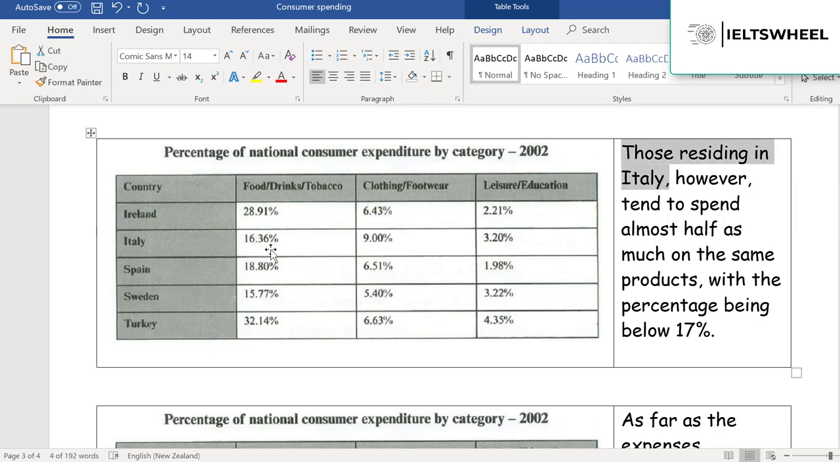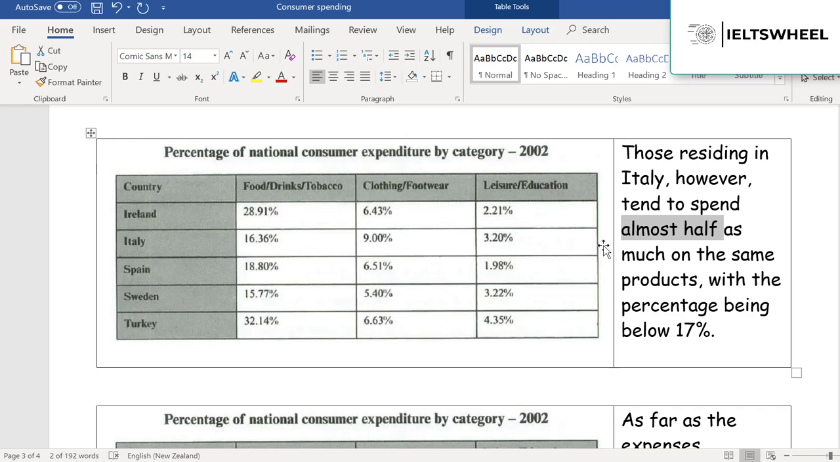So here, Italy, we have 16.36%, which is much lower than the percentage for Ireland and the percentage for Turkey, okay, which is almost 50% of it, right? It's half, and therefore, however, we need to show the contrast because we said the table contrasts, okay? So now we are contrasting. However, tend to spend almost half, right? Almost half,